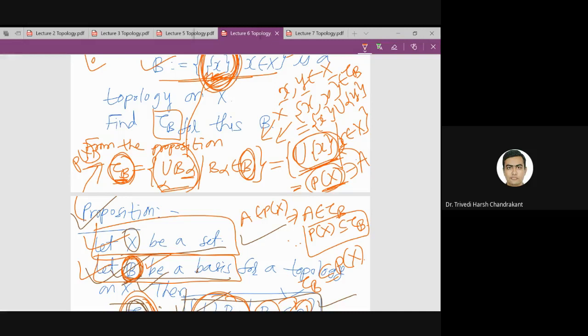But in this example, what we discussed is that the singletons generate the topology, and that topology is exactly the discrete topology. So that is the objective of what I discussed for this particular example. So if there are no more questions, then I